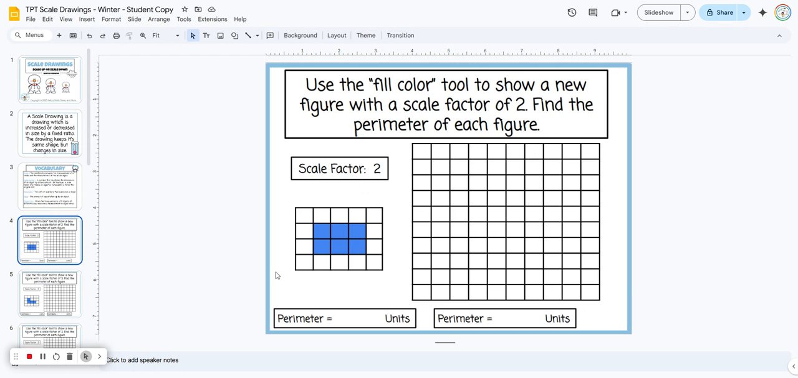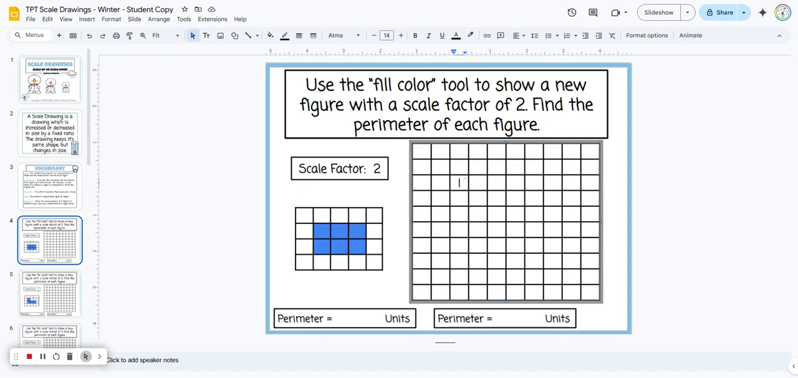And starting on slide 4, they're given a rectangle shape here. They have to scale this up by a scale factor of 2. So that means they're going to take the units on each side and multiply by 2. To do this, they're going to click and hold in one of the squares, and just slide across until they have a 6 by 4